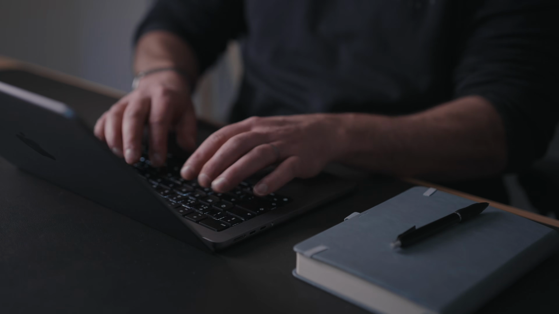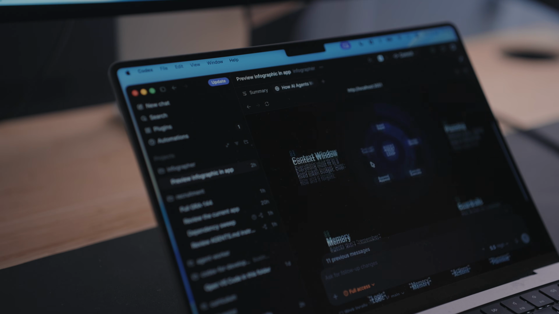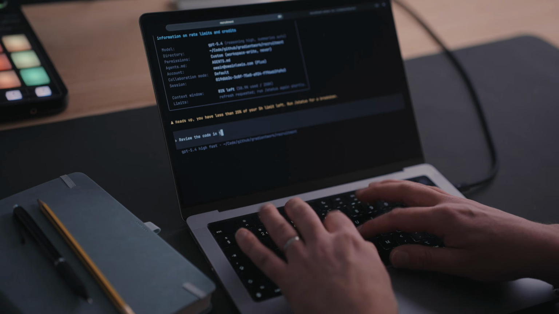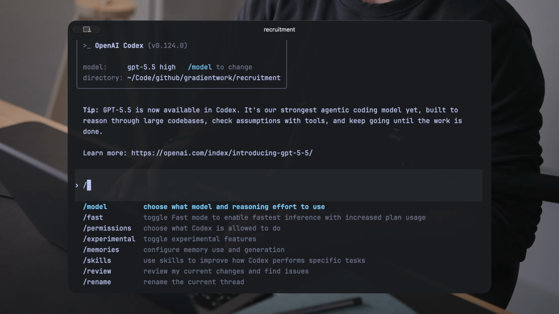We're going to be covering setup and permissions, how to use the desktop app and the CLI, how to use skills and plugins, and I'll also show you a live demo of my own workflow when using Codex on a real project. All of the resources in the video are going to be free in the description below,